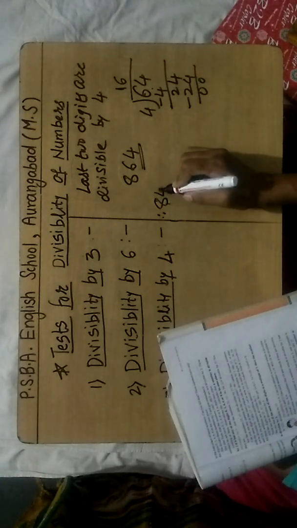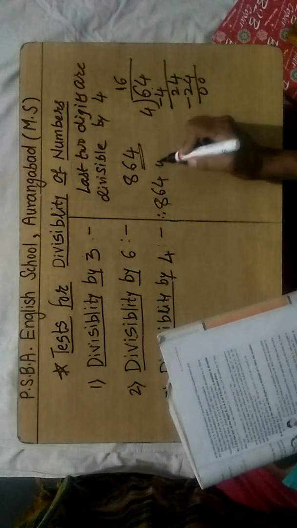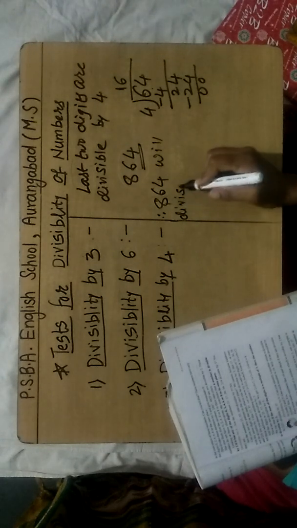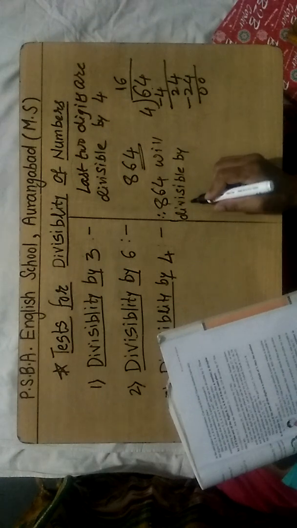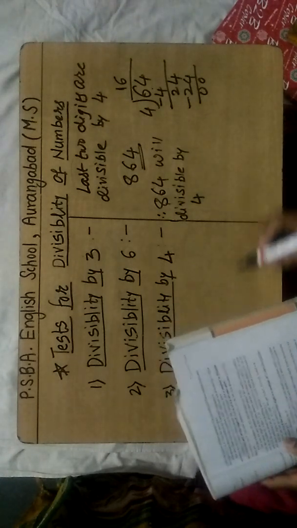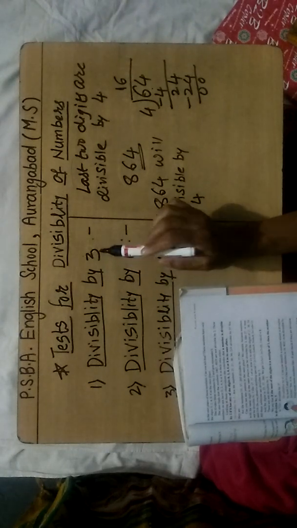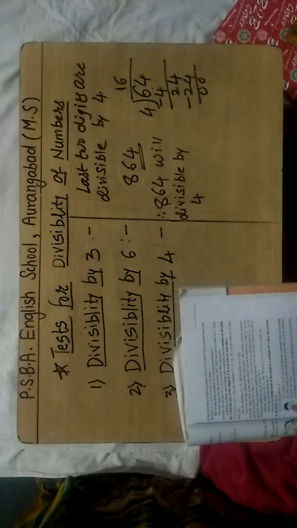Okay, 8,064 will be divisible by 4. Okay, this is the divisibility by 4. So we have completed the divisibility tests of 10, 5, 2, 3, 6 and 4. Okay, now the next is